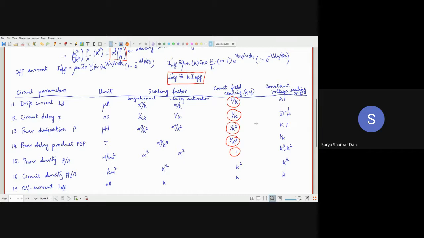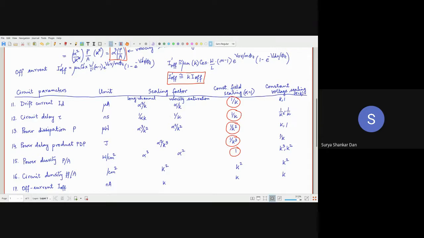So the issue with that is your circuit designs will change. But we always want to have the same value of delay, irrespective of whether it is going into the velocity saturation or it's still continuing in the long channel. There is a change in the operation of the device, which we will see in the next few classes. Notice that even the current changes, as you can notice it.